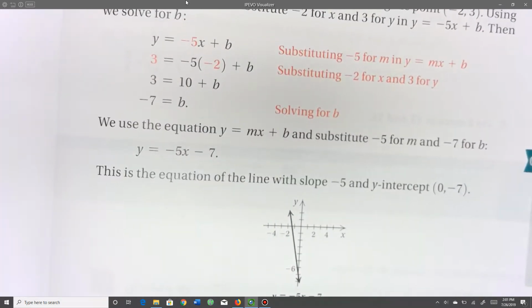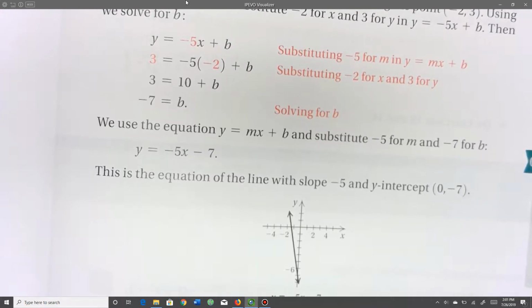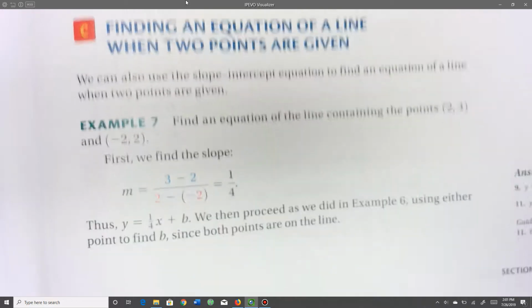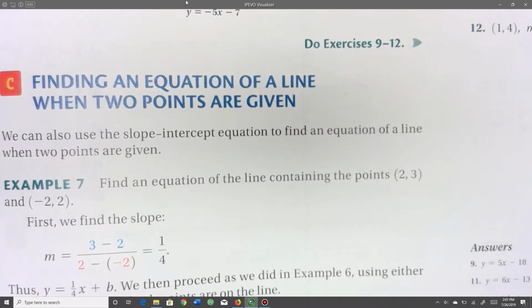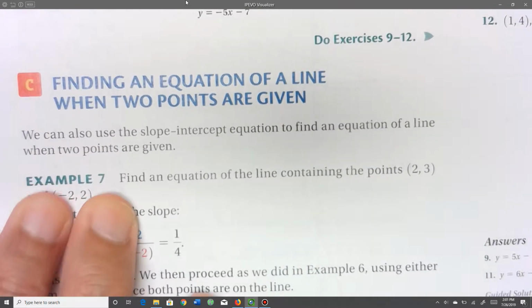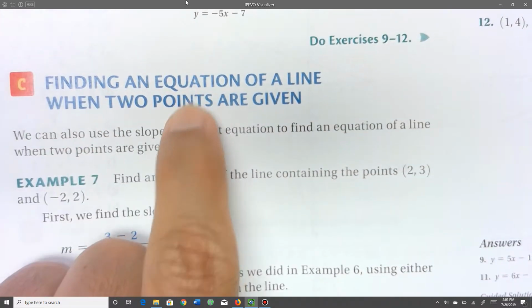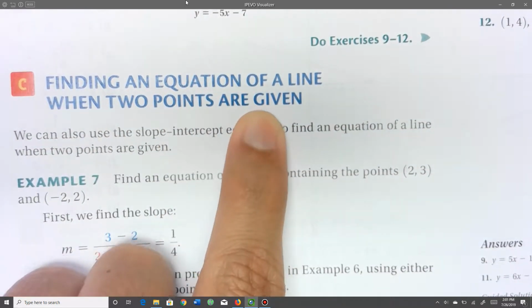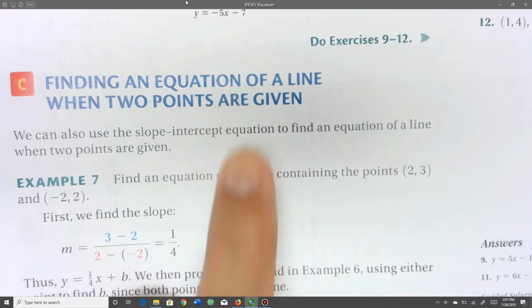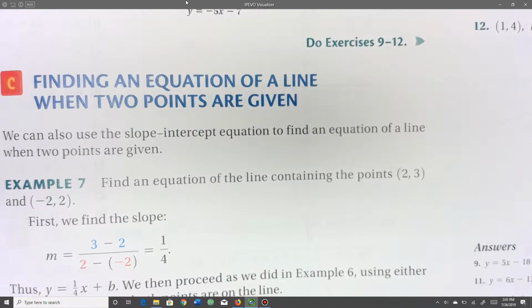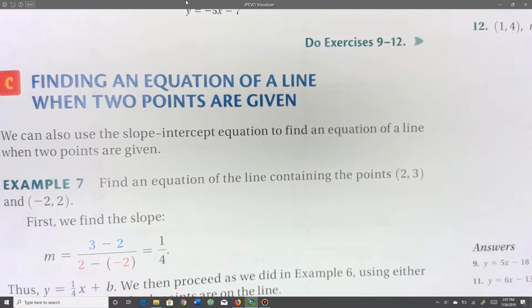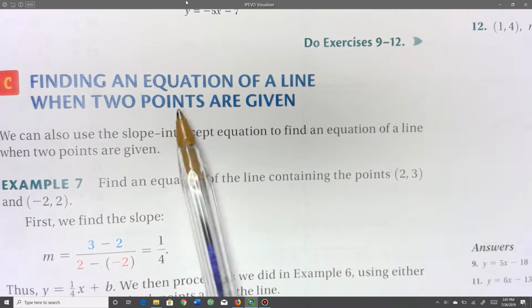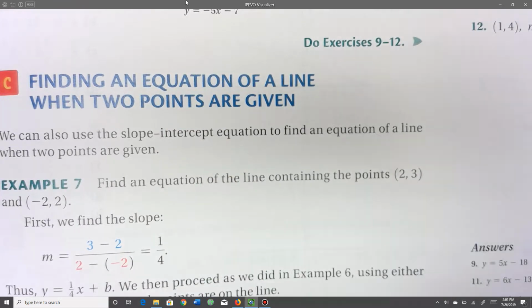Now let's move on to objective C. Objective B talks about finding an equation of a line when the slope is given. So what are we going to be missing now? Well, the slope. They are going to give us 2 points, but they're not giving us the slope, right? So for example,